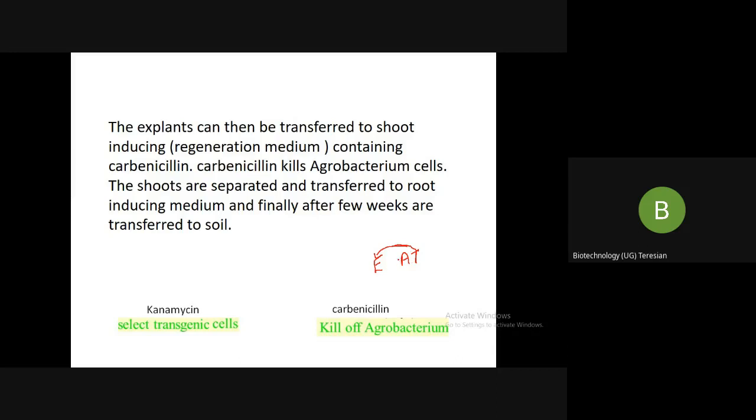So it is the plasmid which has been modified, not your entire agrobacterium. If the scientists do not want your agrobacterium, then they can use this carbenicillin and kill off the agrobacterium, because we anyhow know that our transformed plasmid has entered into the explant and we no more need this agrobacterium at all. So we can kill it off. So the shoots are separated and transferred to the root inducing media, and finally after a few weeks,